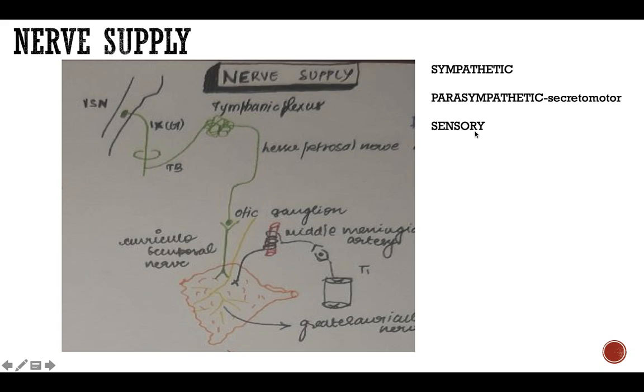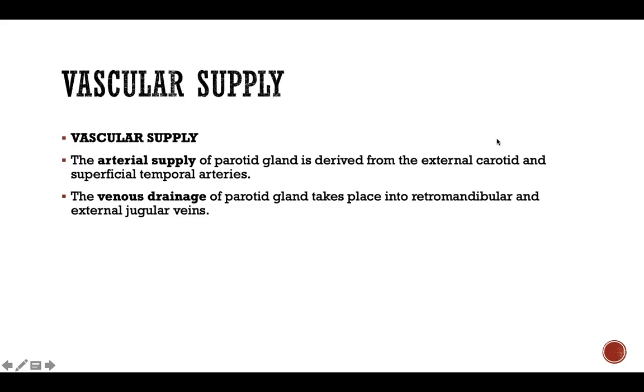Then we have the sensory nerve supply, the one here in yellow. The sensory nerve supply is produced by two nerves. The auriculotemporal nerve also contributes to the sensory nerve supply. Then we have a few sensory branches of the greater auricular nerve. We would have studied the greater auricular nerve branches as a superficial relation of the parotid gland. So, the sympathetic nerve supply, the parasympathetic nerve supply and the sensory nerve supply. Let's move on to the next topic.